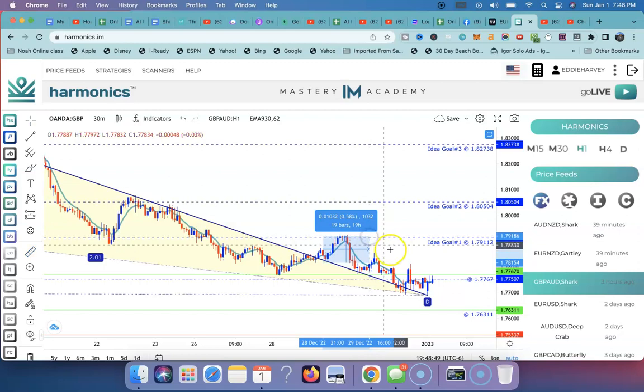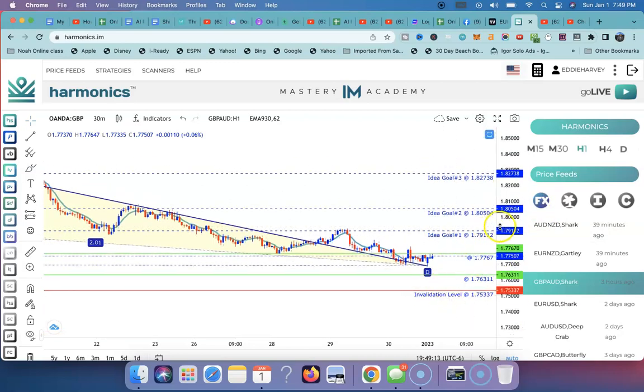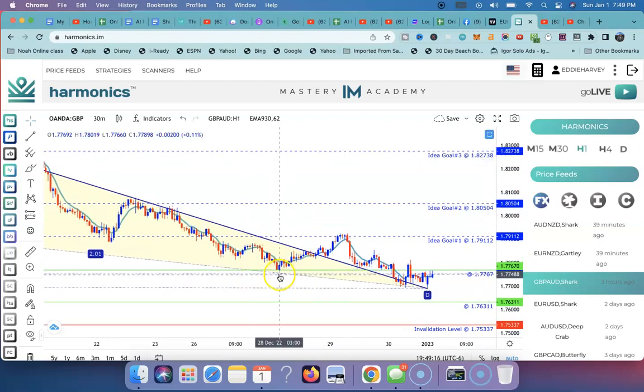If you look at what you see here, just a real quick recap on what the scanner does. Obviously, it prints scans, semi-automatic trading, where it gives you different trade entries for you to take. As you can see here, entry one, entry two, then take profit levels 1, 2, and 3, and the invalidation level. This is a new scan that printed, but the previous GBPAUD scan